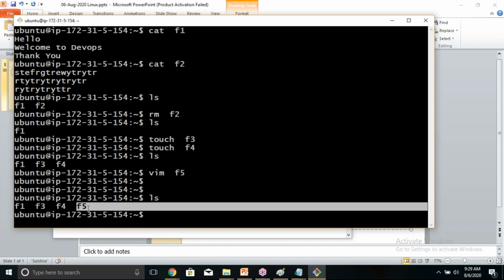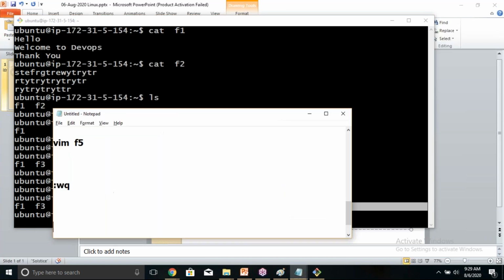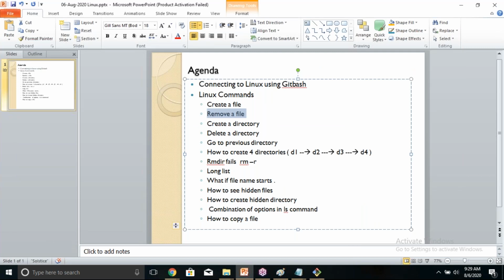Got it? So finally, Bhargav, in how many ways can we create a file in Linux? In 3 ways we can create a file in Linux. The first way, cat greater than the file name. Second way, touch file name. Third way is vim, which stands for VI editor improved version, using which also you can create a file. Clear? And the ls command to see the list of all the files. Okay. Any questions?